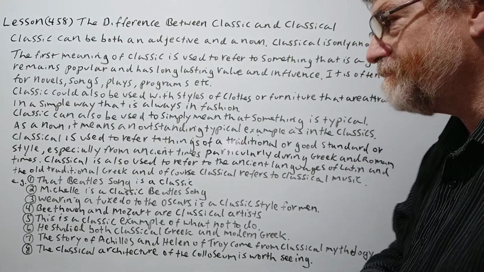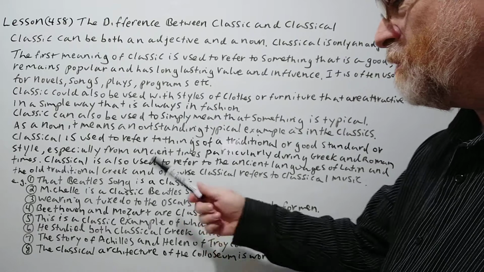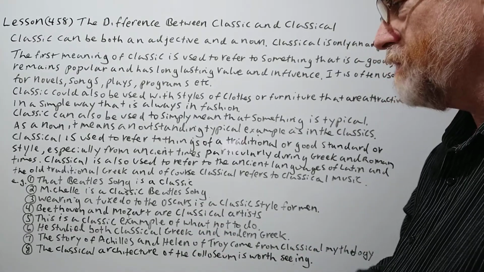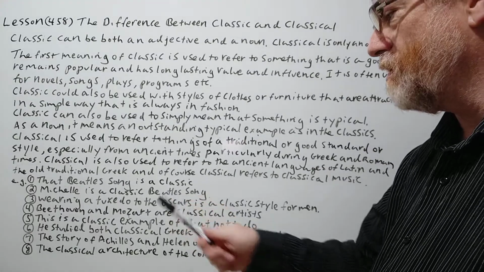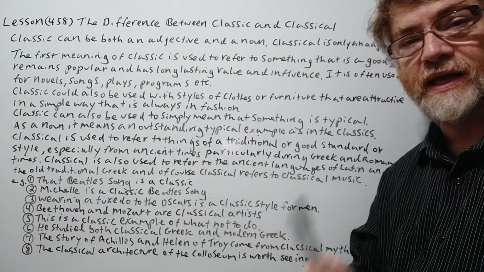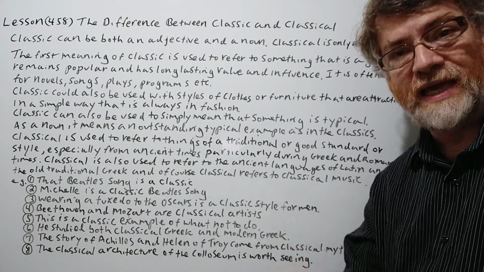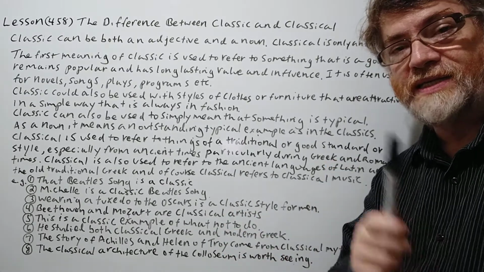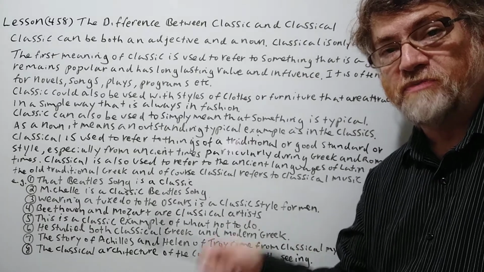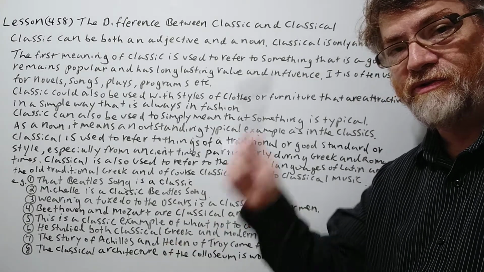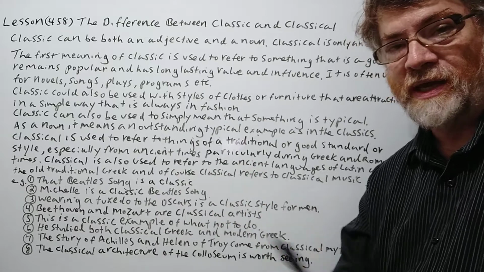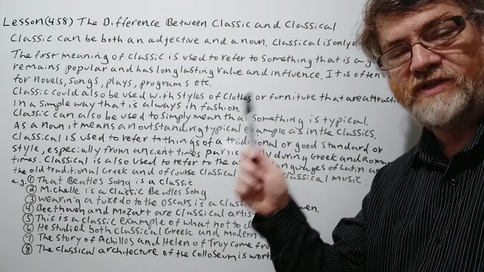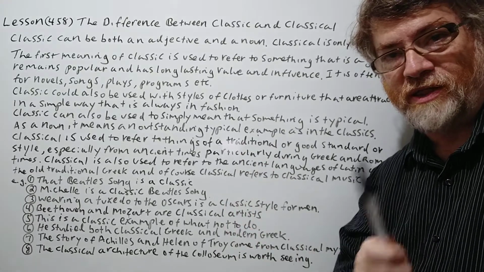All right, let's continue. We have 8 examples to show, and I think we got 4 and 4 here. So here's the first one. That Beatles song is a classic. Well, again, a typical, so you could have a classic rock song. See, this is tricky for people too, because the word classic and classical are both used for music. But classical only refers to that period of time in Europe, 16, 17, 1800s, around that time, and those artists.